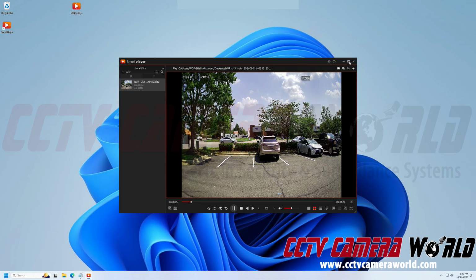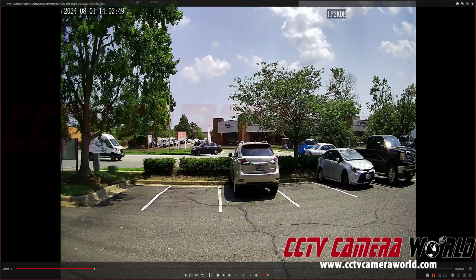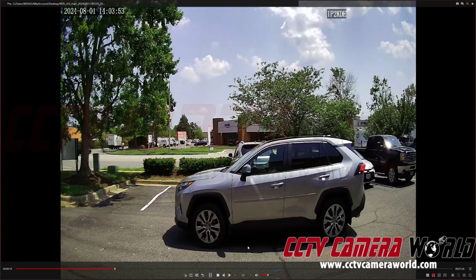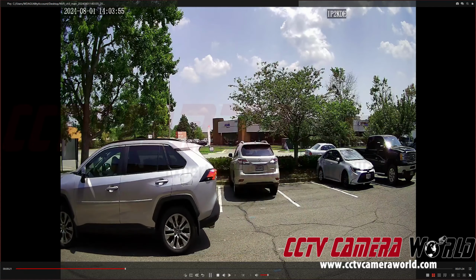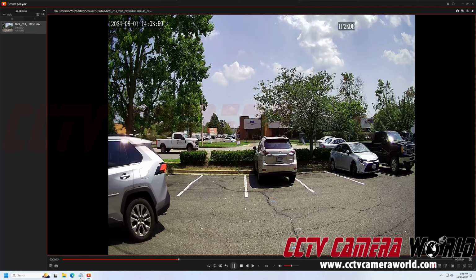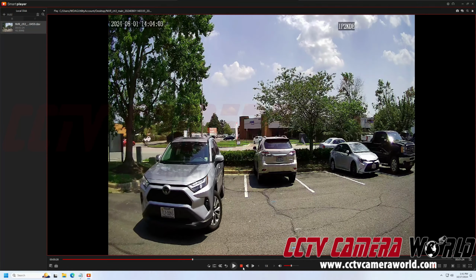Then I can bring it into full screen if needed, and double click to bring it back to the grid. If I want to bring it into full screen, I have to go all the way to the bottom here and click the full screen option. If I hover over it again, I'm going to get some playback controls that you see in the minimized version of the software. Those are some of the playback options that you have, such as pause, stop, skipping frames,